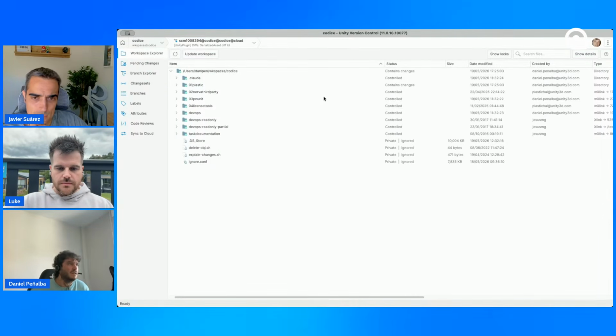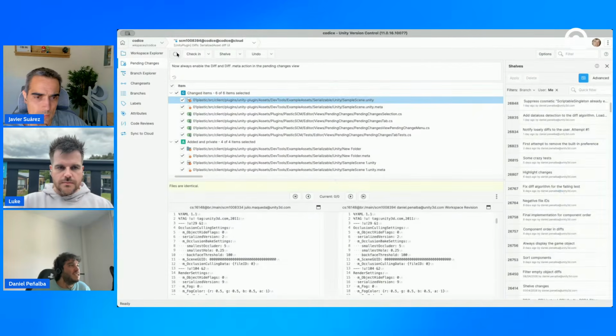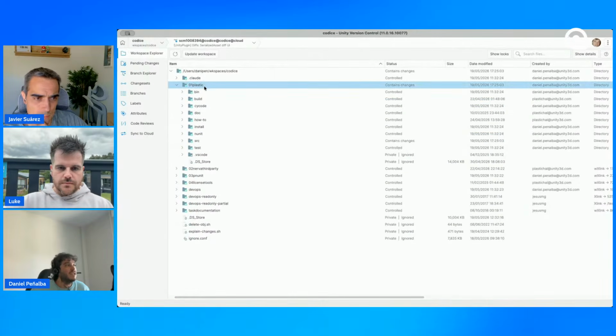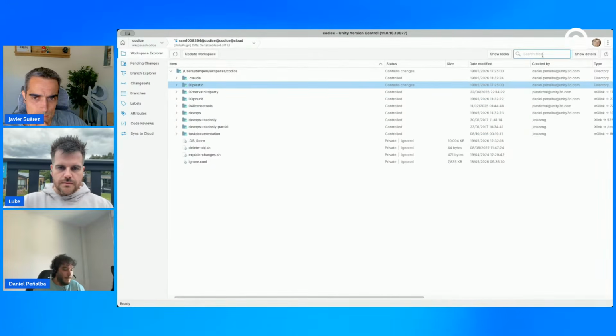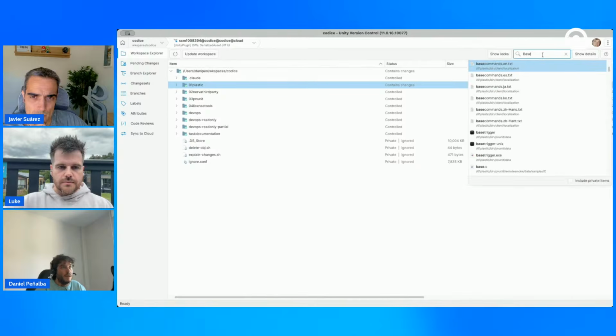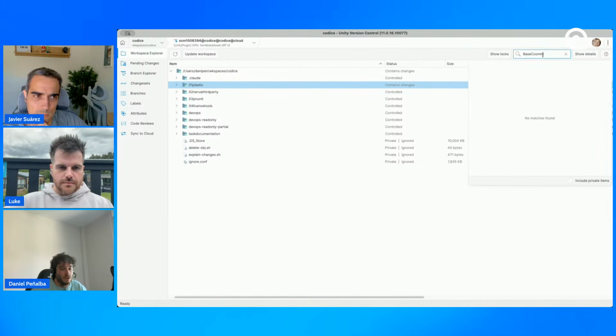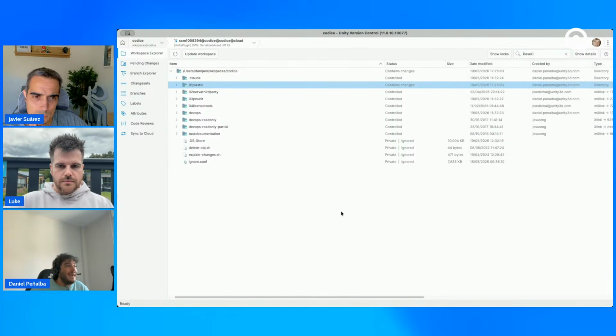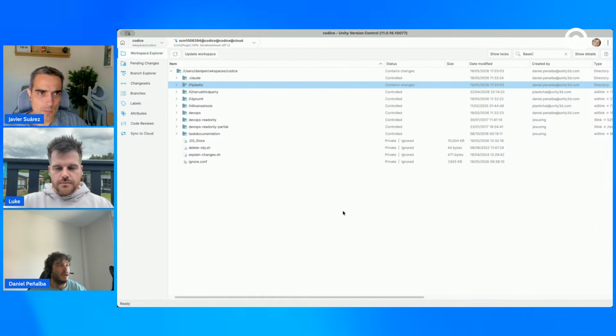We had it in the past, but as you can see, finding the pending changes is super fast. Exploring this is super fast. For example, the search is almost immediate. So yeah. The reason is we have super polished algorithms on the back end, but also on the front